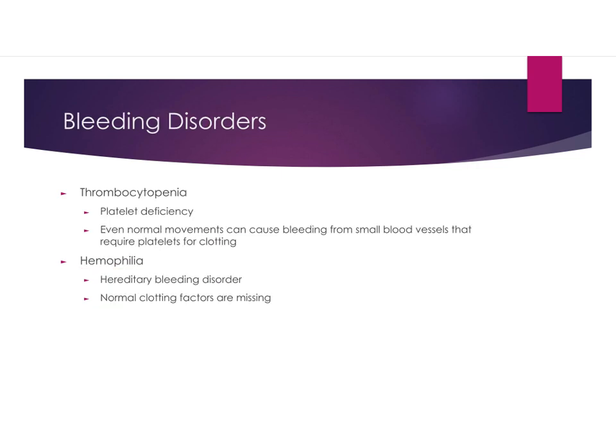Other disorders include thrombocytopenia. This is when you have a platelet deficiency, so even normal movements can cause bleeding from small blood vessels that require platelets for clotting, and so people bleed more than they should from small injuries. And hemophilia is a hereditary bleeding disorder where normal clotting factors are missing altogether. People who are hemophiliacs often have to get blood transfusions to get those clotting factors present, because they can also bleed in inappropriate ways, right? They bleed more than they should